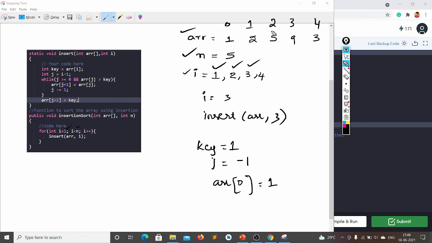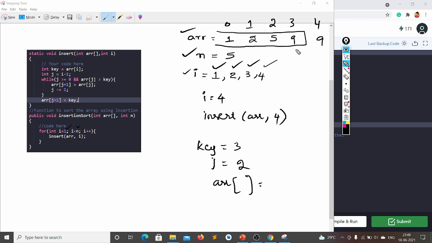Okay, in the next iteration, what happens here is, already this 1, 2, 5, 9 are sorted. Let's take i as 4 now. Okay, let i is 4 and I'm passing that into insert function. What will be my key? Array of 4, that is 3, and my j will be 4 minus 1, that is 3. Let's check this 3 with the array of 3 element. Is 3 less than 9? Yes. What happens here is, in place of 3, I will get 9. And my j will be decremented by 1, that is 2.